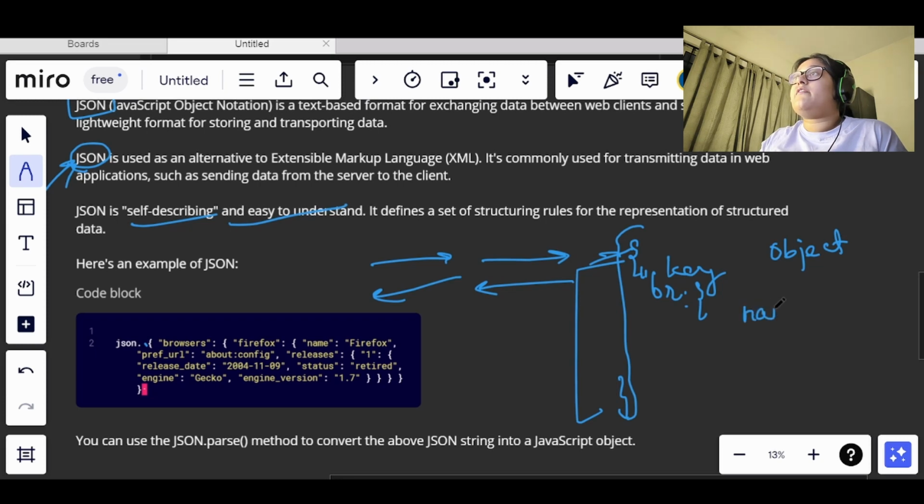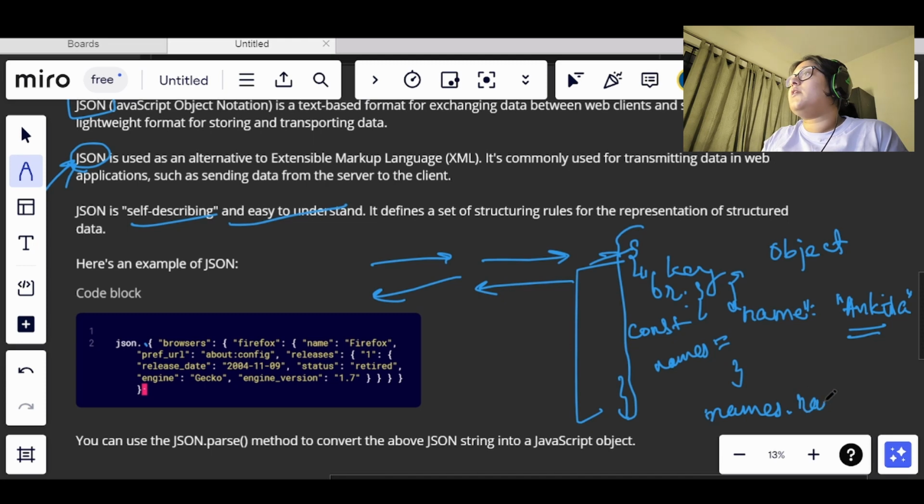Let's say we have a JSON where we have a name, and let's say my name is passed as Ankita. Now if we are trying to get the value Ankita in a JavaScript object, what we used to do? Let's say our object name is const names. We would just get names.name, right? In JavaScript, we used to do this.